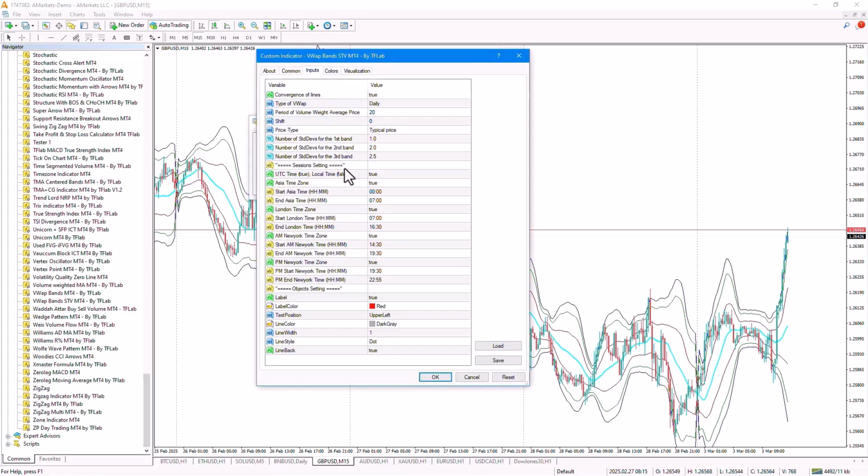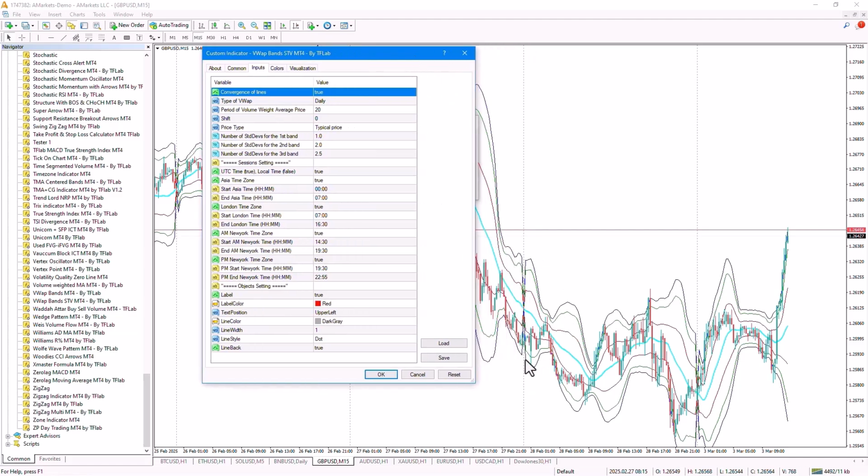In this section, there are options for us. In the first section, you can enable or disable the convergence of the VWAP bands. If this option is true, the VWAP bands will converge at the end of each day. And with the start of a new day, the calculations will be done from the beginning, and the bands will